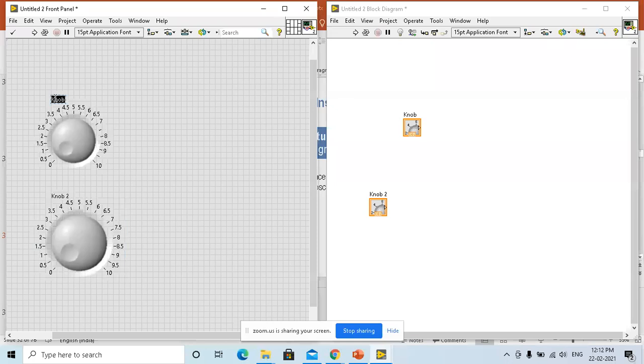So this is going to be the power supply 1, and this is going to be the power supply 2.